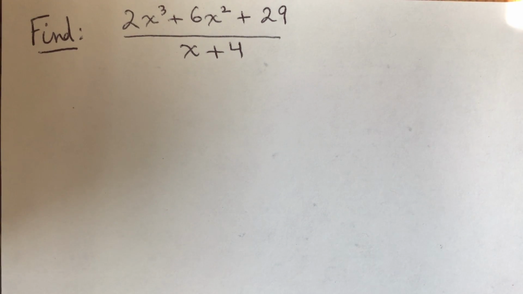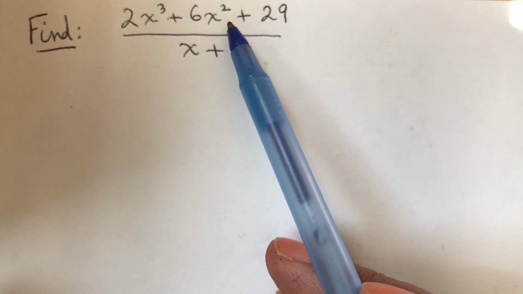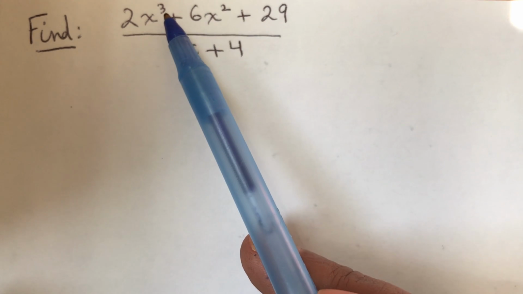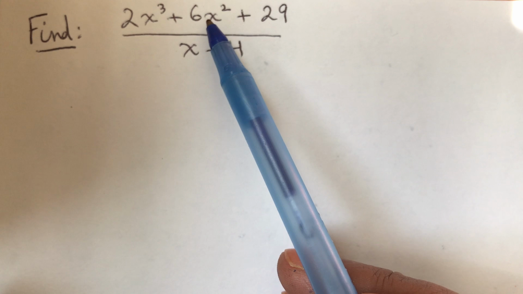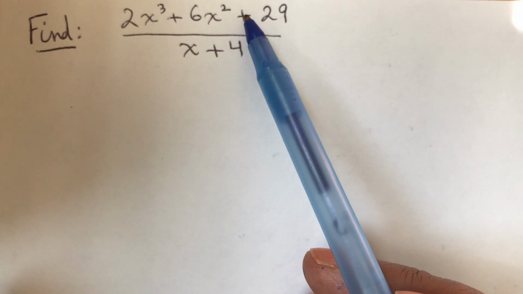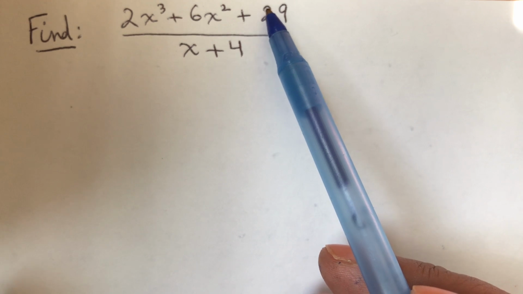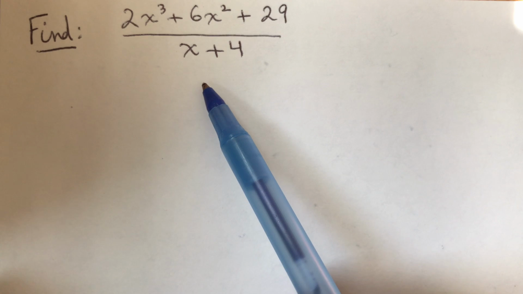Welcome. Today we are going to look into dividing polynomials with remainders and at the same time having a missing term. So if you notice here in my numerator, my highest degree is 3, so 2x cubed plus 6x squared, and we are missing the x to the first term here. So we're going to see how to deal with such type of